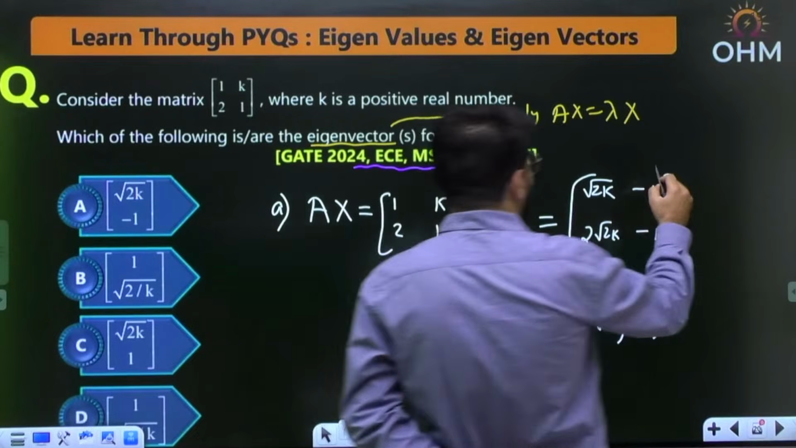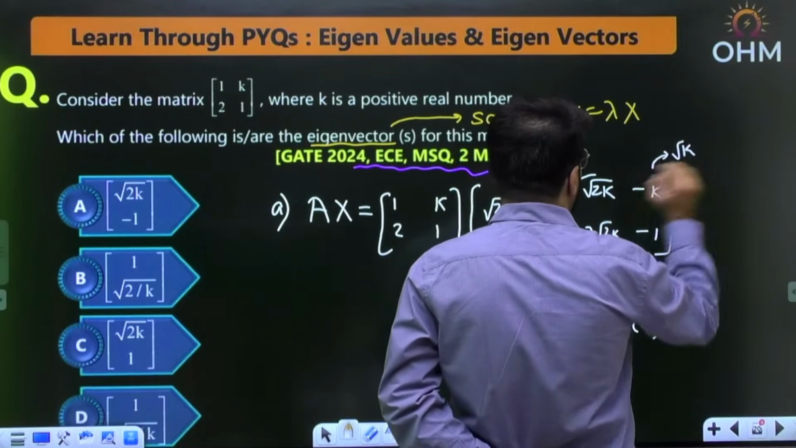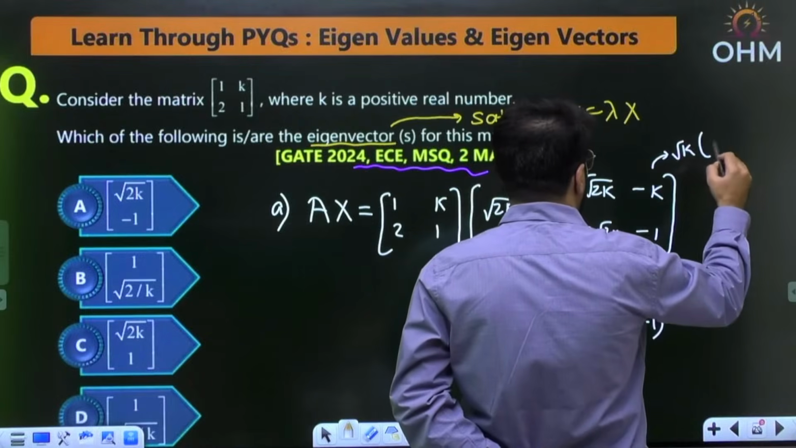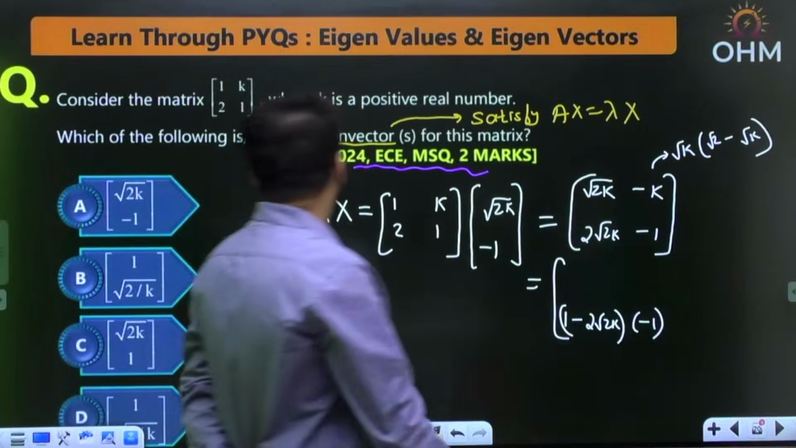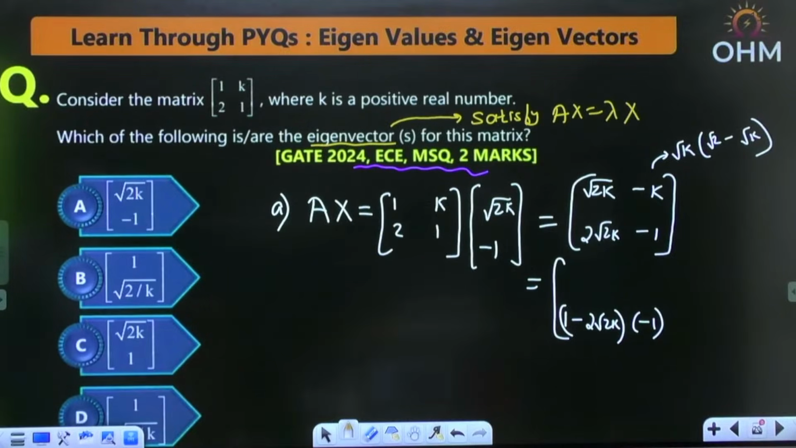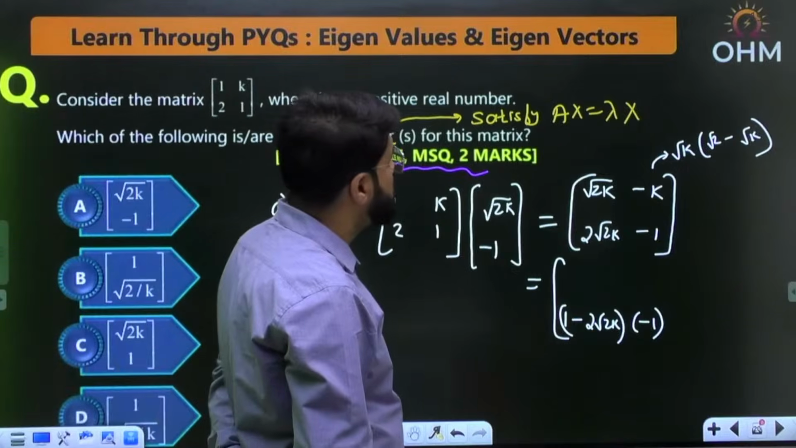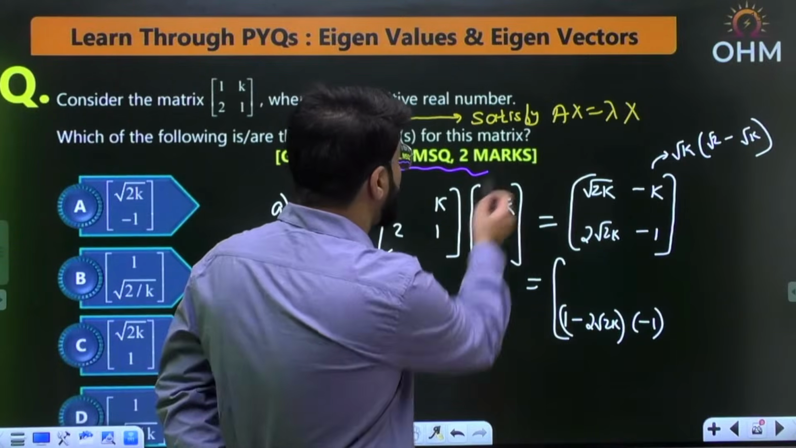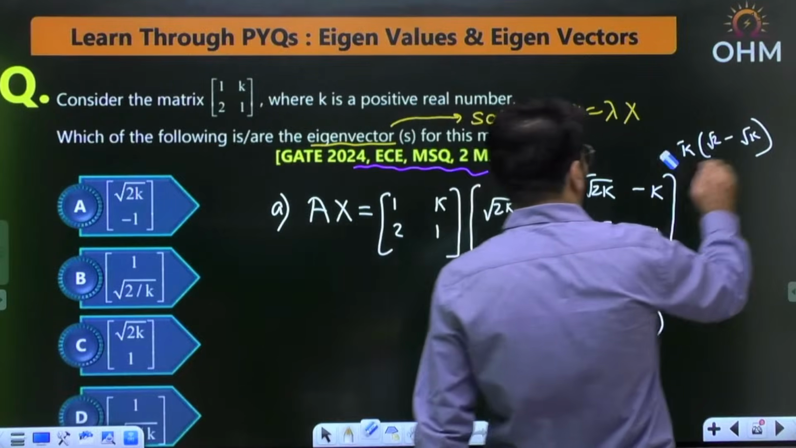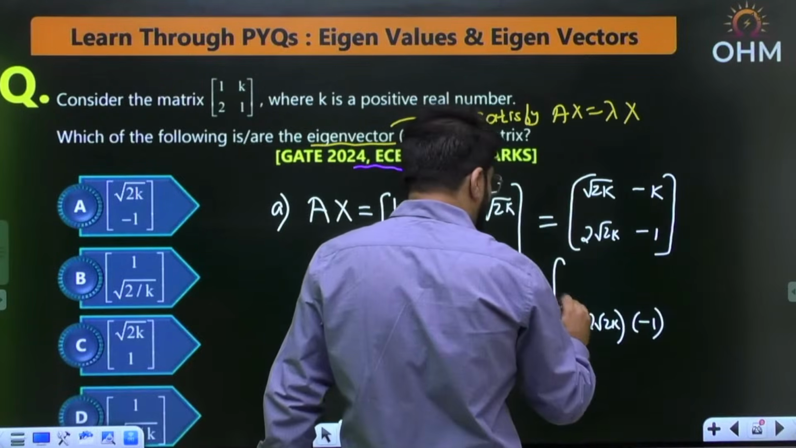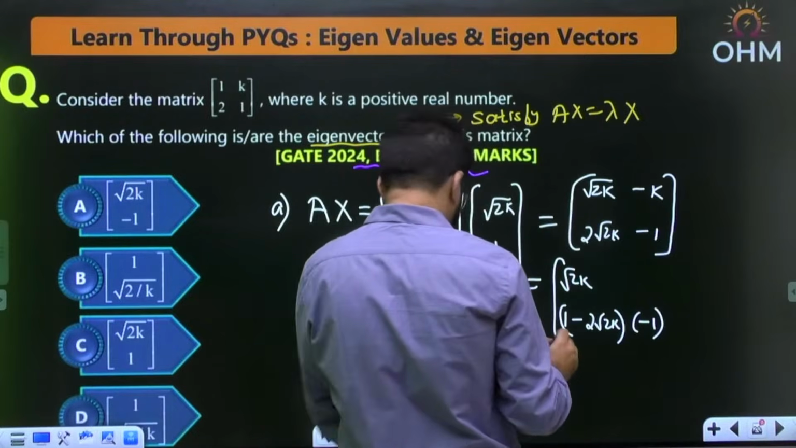Above one, only root k is common, so you can write root 2 minus root k. No, I don't think it makes any sense. Okay, 1 minus 2 root 2k, and here I want root over 2k. No problem, I'll take root 2k only as common. Correct. So if I try taking root 2k common here,